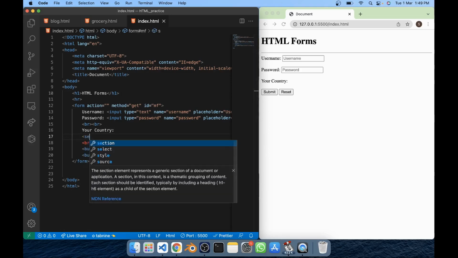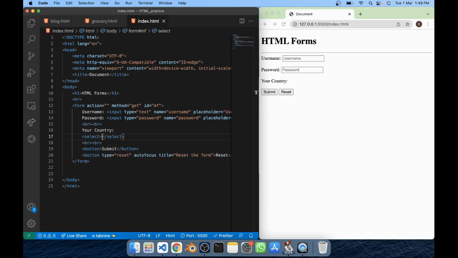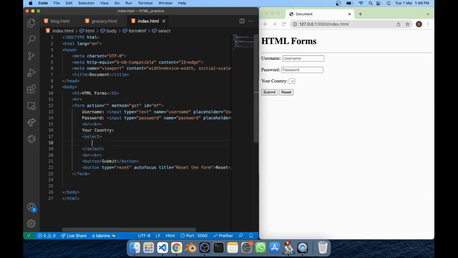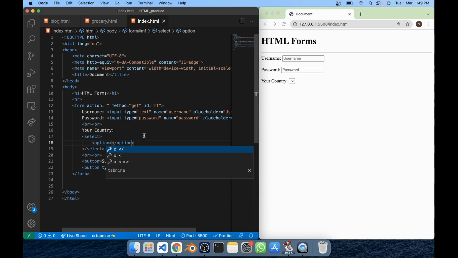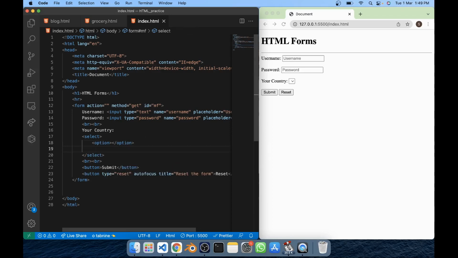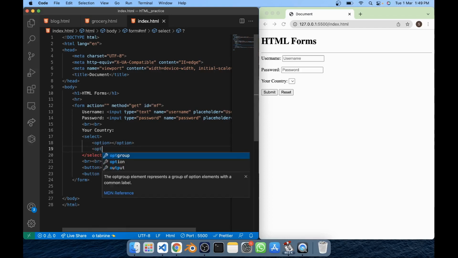So I should create one select tag and you can see this is one drop down, but now it is blank. So using select tag I can create some drop down. Inside the select tag you should write some option tag like this. So let's say I want to give two options for now,